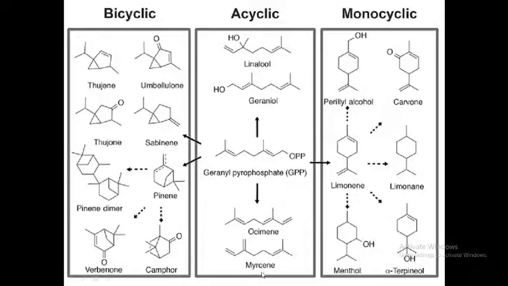So these are again different types of terpenes, whether bicyclic, cyclic or monocyclic. We already discussed this example. Just for your better understanding, I have included these structures. So just remember the different structures of monoterpenes: the cyclic, acyclic and bicyclic monoterpenes. These are very important as far as your GPAT exam is concerned.